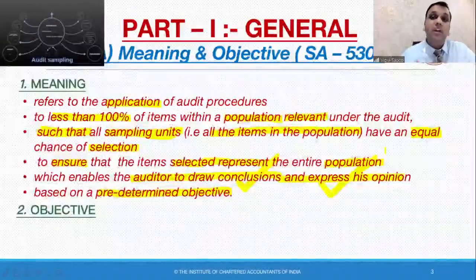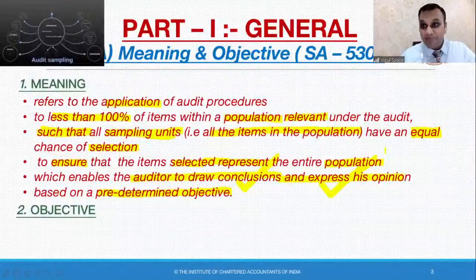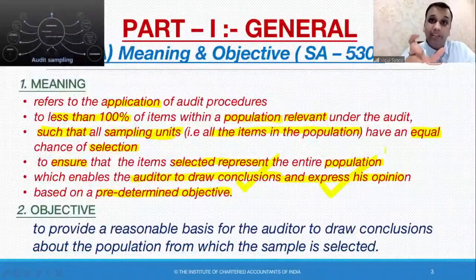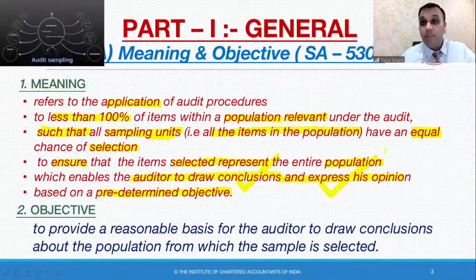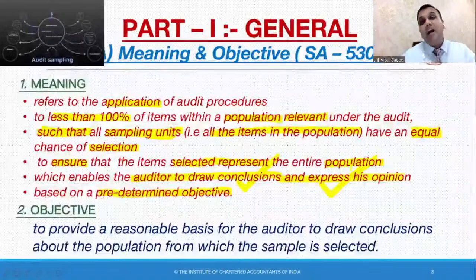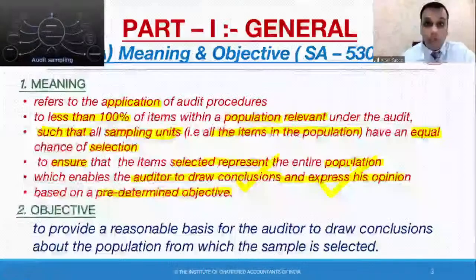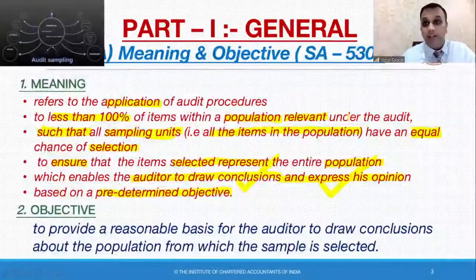So this is the meaning of audit sampling. Second, objective. What is the objective of this particular Standard on Auditing, which tells us about audit sampling? Standards on auditing are the rules which have to be applied by the auditor while carrying out the audit work. So this particular standard, SA 530,